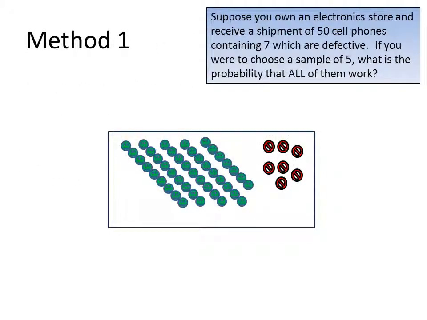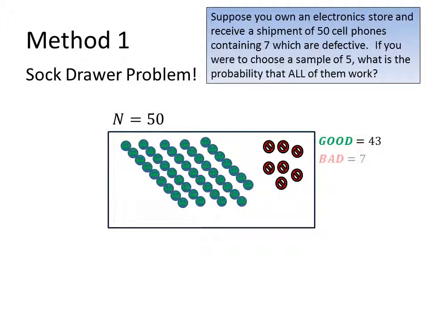It turns out there are lots of different methods for solving this problem. The first method is kind of like a sock drawer problem, and it's one where you can simply use the multiplication rule of probability. If we want to know the probability that all of these selections of 5 are good, then we simply have to find the probability of each draw being good. So if we have 43 good cell phones and 7 bad ones,